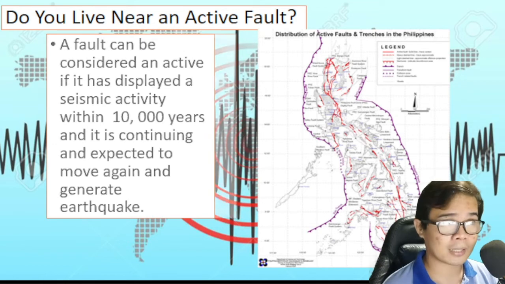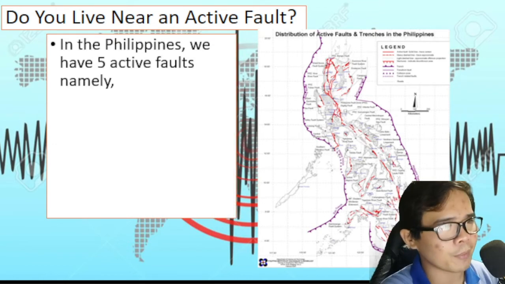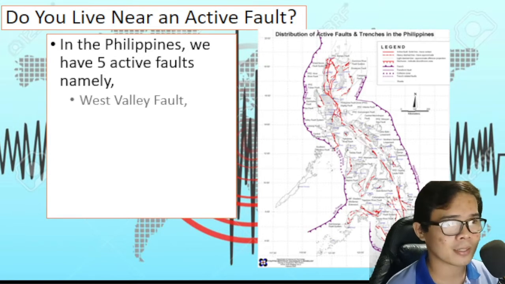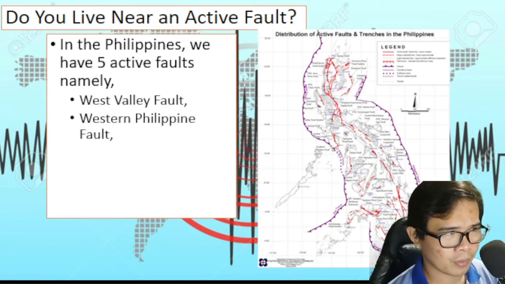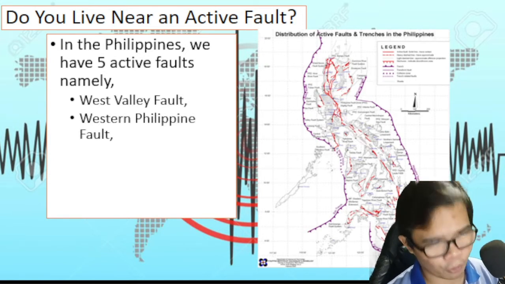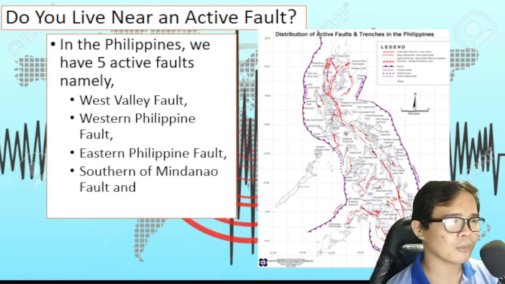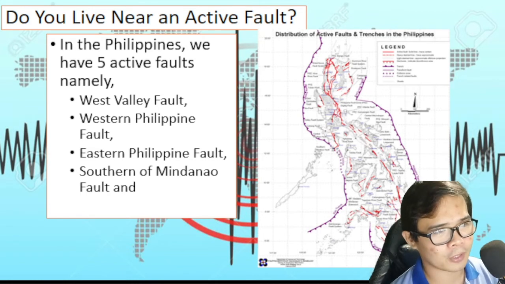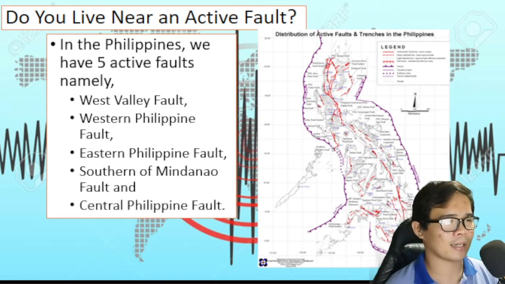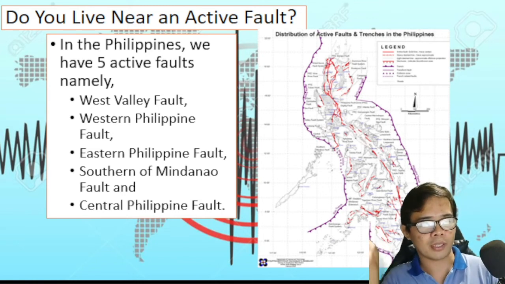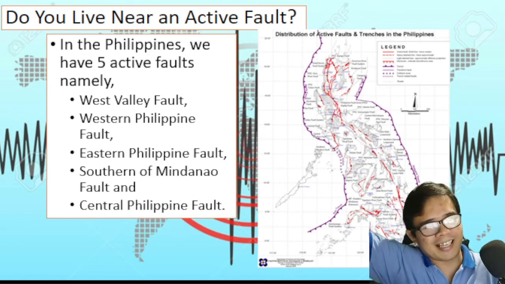Then in the Philippines, we have 5 active faults, meaning Gas, West Valley, Western Philippine Fault, Eastern Philippine Fault, Southern of Mindanao Fault, and of course, ang last ay ang Central Philippine Fault.